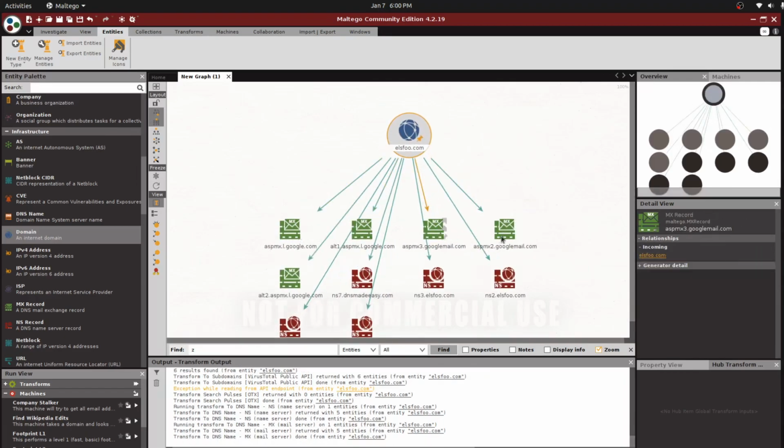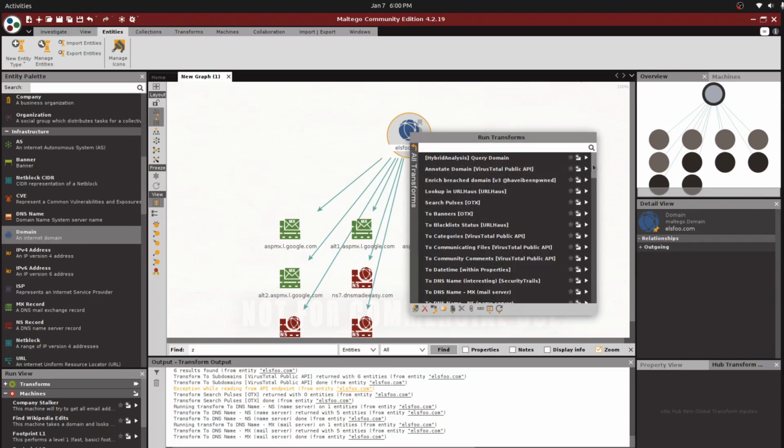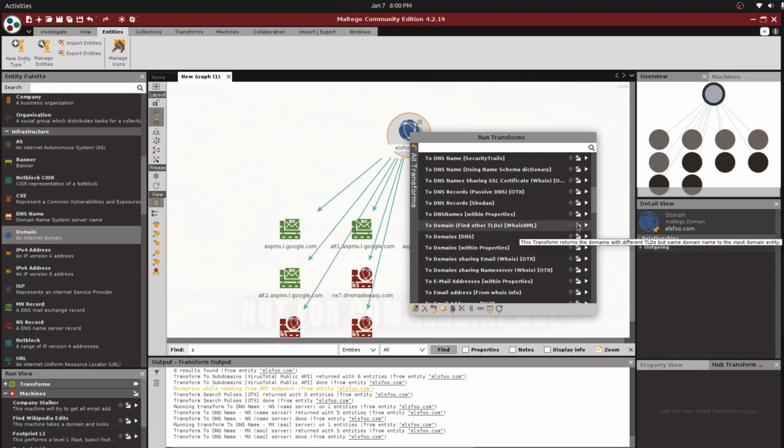It lists the other MX servers related to elsfoo.com. Apart from that, I can also check in Shodan whether this particular DNS record exists in Shodan or not. And I can check a few other pieces of information from these options.